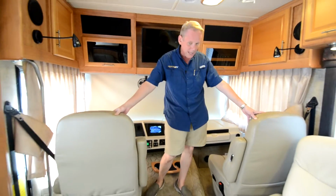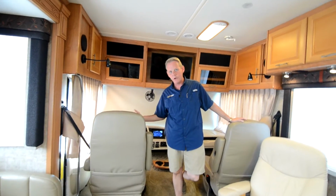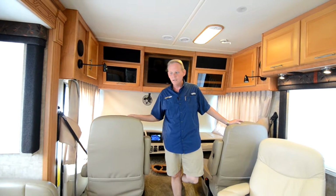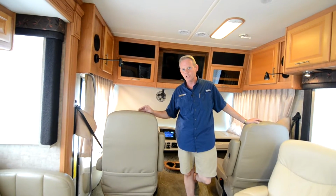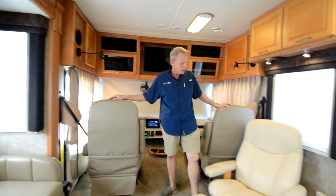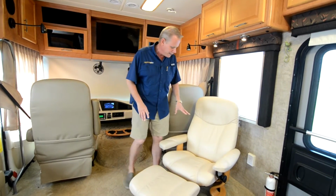Both the captain and passenger seat are just in perfect condition. They're an ultra leather fabric, which is a really high grade type fabric, and it's in excellent condition. I don't see any wear or tear on those. This coach does have an entry door, so people that are looking for a driver's entry door, you do have that on this side. Coming back here to the living area, really the highlight of this area, believe it or